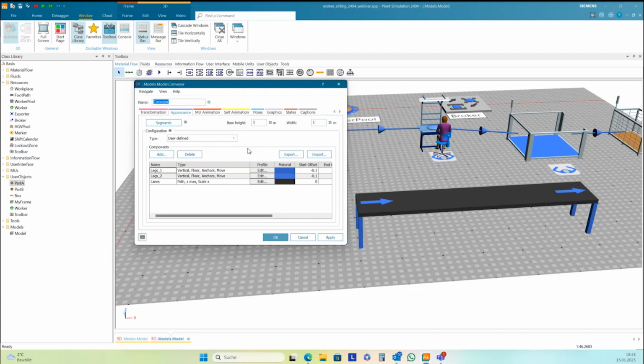I cannot show this, but you can create a table with commands how Plant Simulation needs to create this extrusion. You can read it in the help. Just look for extrusion.